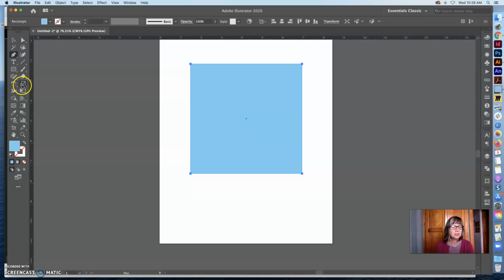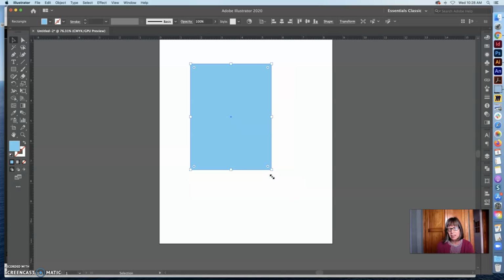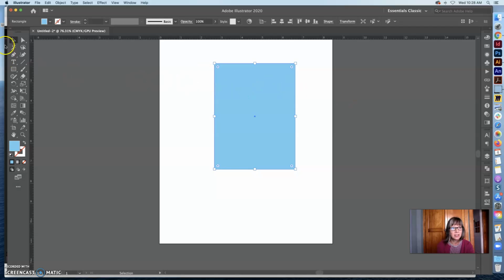So you've got a couple different tools here. You've got the scale tool and the rotate tool. So we can go and scale something by dragging and holding down the shift key, or releasing the shift key to make it any proportion we want. You want to definitely make sure you use the shift key if you're dragging a photograph, because you don't want it distorted. So we can rotate and do different things right with the selection tool,